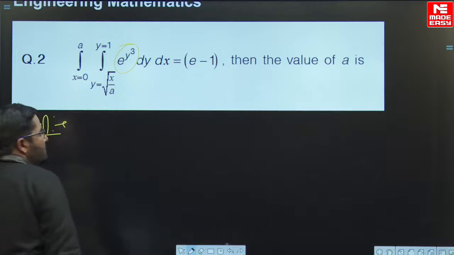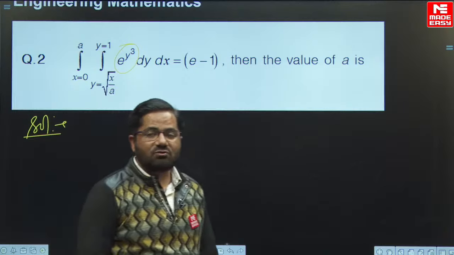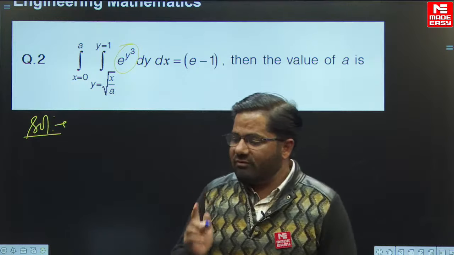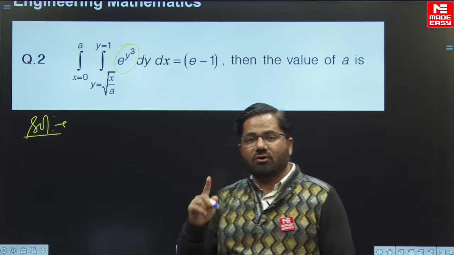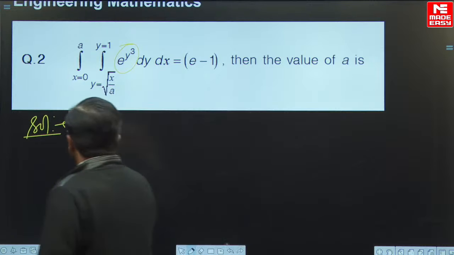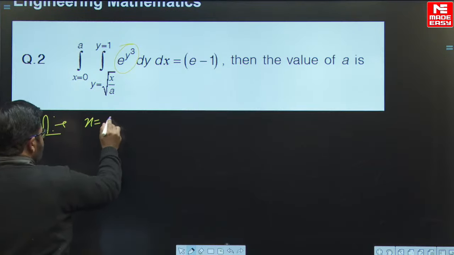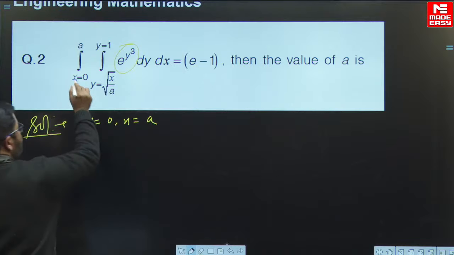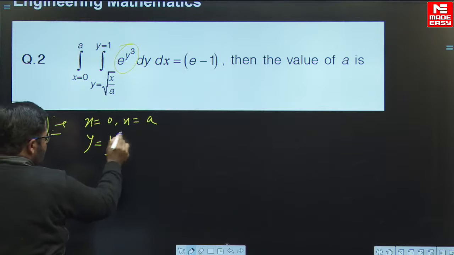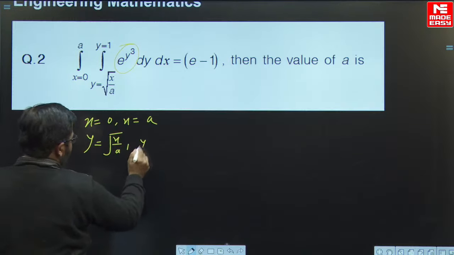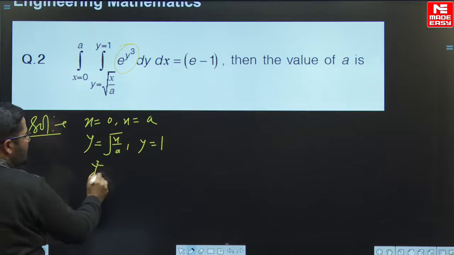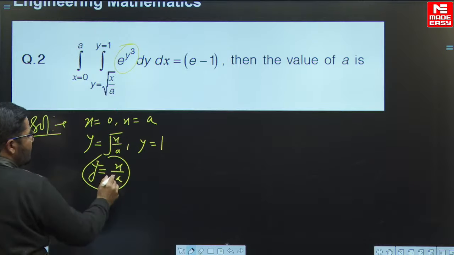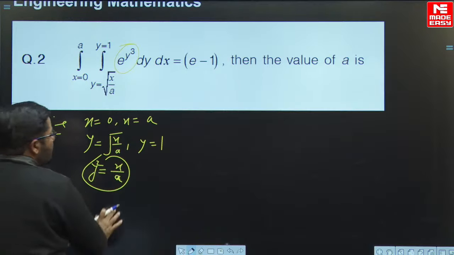First of all, we cannot integrate e to the power y cube directly with respect to y. So in such type of situation we will use the concept of change of order of integration. Change of order of integration के लिए first of all the region of integration is bounded by the following lines: x equals to 0, x equals to a, y equals to square root of x upon a, and y equals to 1। बेटा ये पैराबोला है, it is a parabola opening rightward,